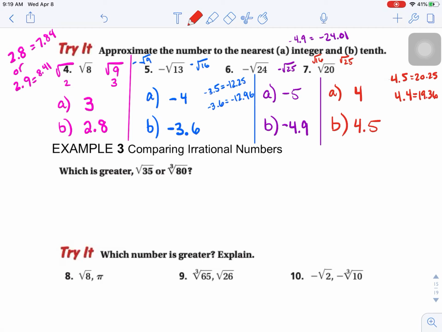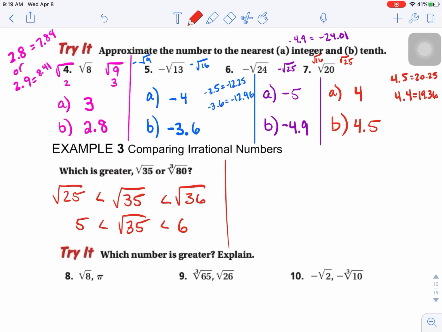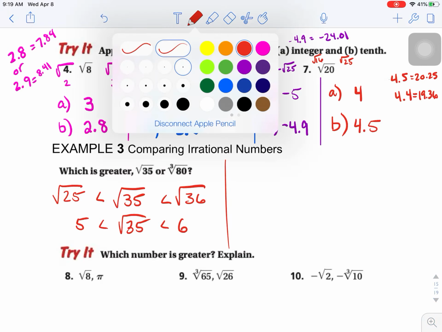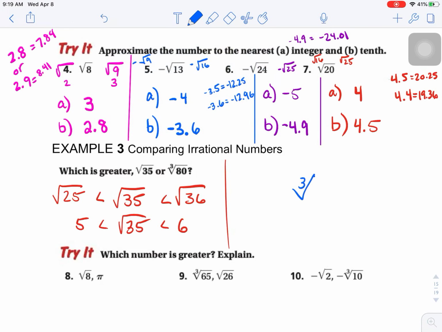Okay, which is greater, the square root of 35 or the cubed root of 80? Well, the square root of 35 is going to be between 25 and 36, so it's between 5 and 6, obviously a little bit closer to 6. The cubed root of 80,